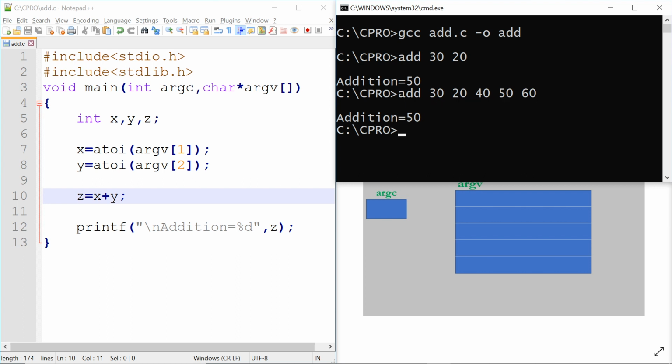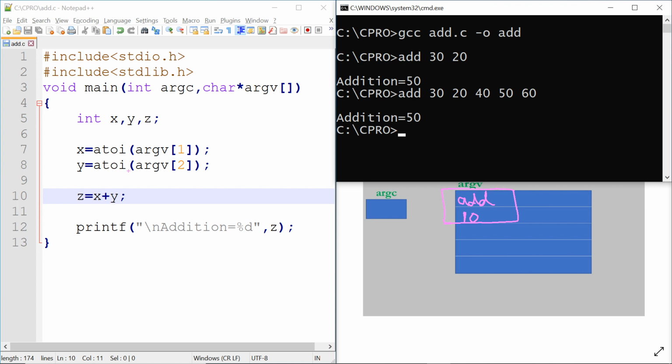But what if the user does not provide enough parameters, or enters fewer parameters? If the user enters only one number, or does not enter any number at all, then here it will be the file name, one number will be stored here, that is 10 suppose, and the array will be of size 2 only.